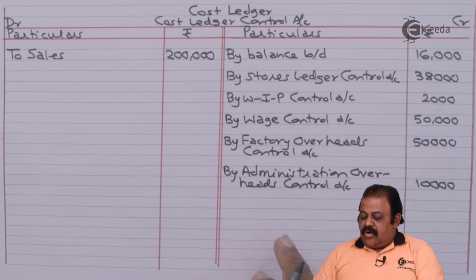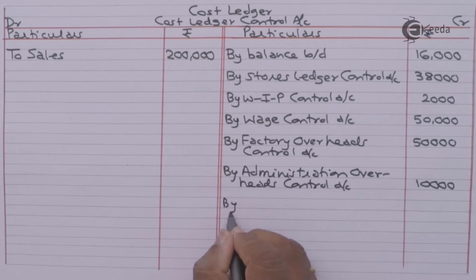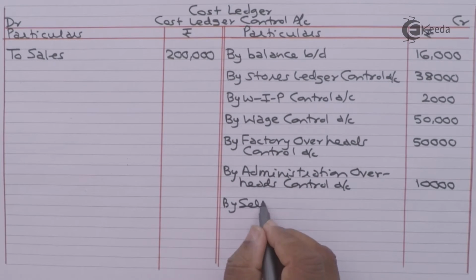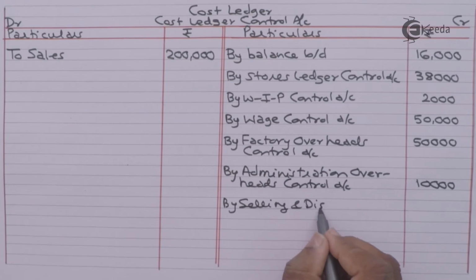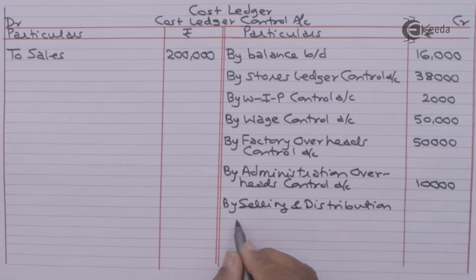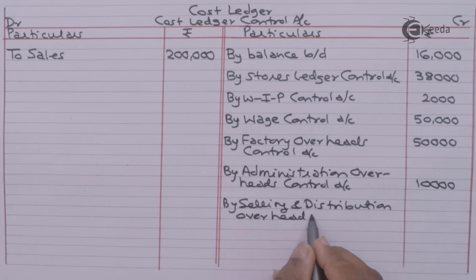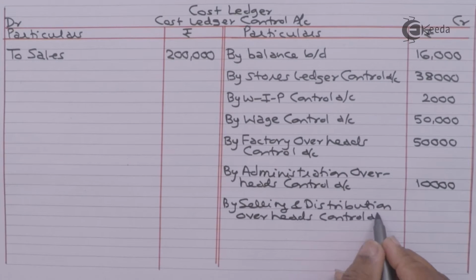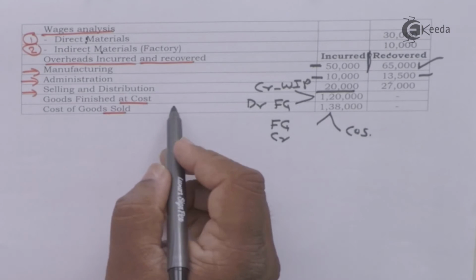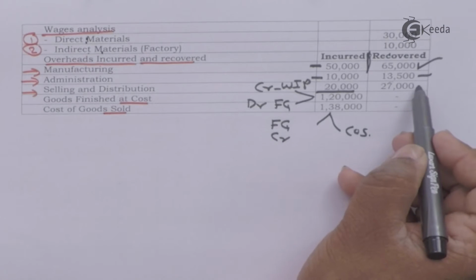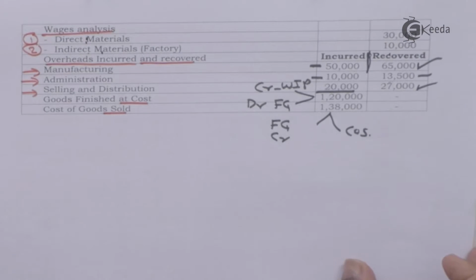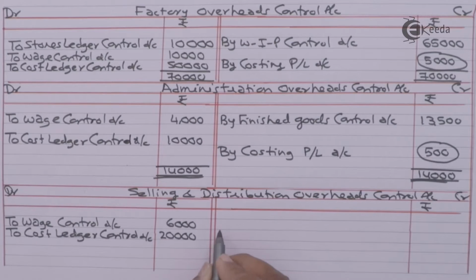In cost ledger control account on credit side, by selling and distribution overheads control account, selling and distribution recovered 27,000. So selling and distribution overheads control account credit side,